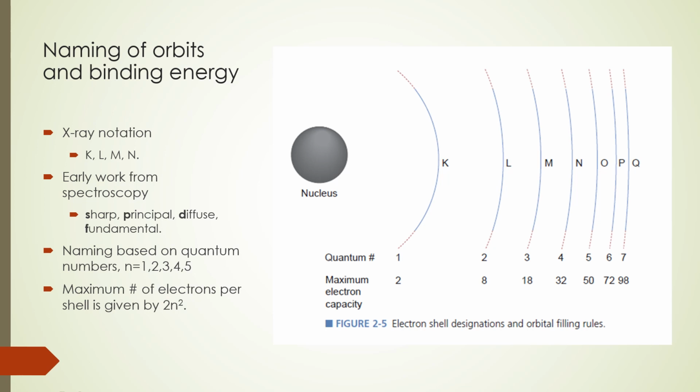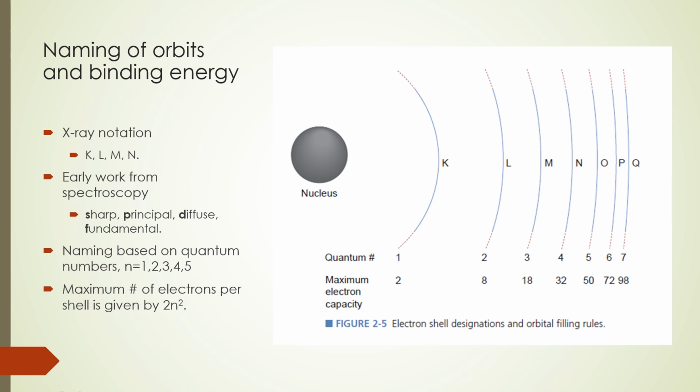Each shell or orbital is made up of subshells labeled S, P, D, F, and more. The subshells are based on observations of spectroscopic lines of alkali elements. The appearance of the spectroscopic lines are described by words like sharp, principal, diffuse, and fundamental. The first letter in each word is the basis for the letters S, P, D, and F